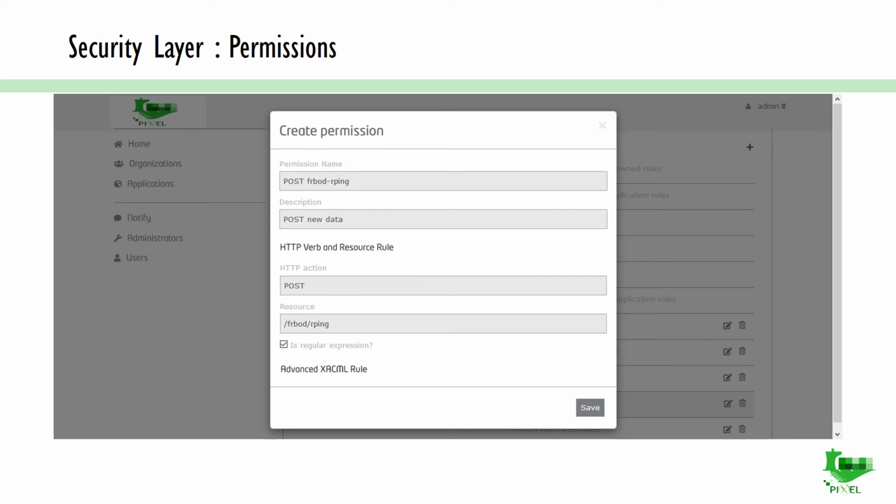A permission is composed of the path of the resource, its identification, that could be defined using a regex, and the HTTP verb or action associated. To be used with the PEP proxy, the permission has to be defined using verb and path. But for other use, we can have other action and resource identification. The authorization request provided by KeyRock is not specific to HTTP API.